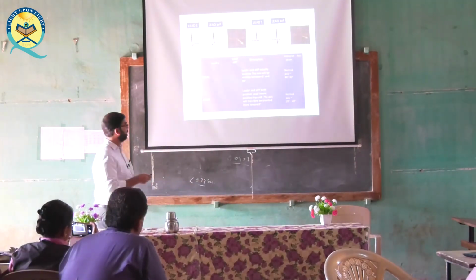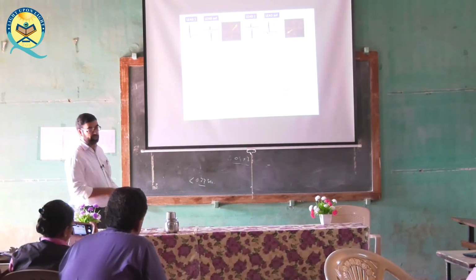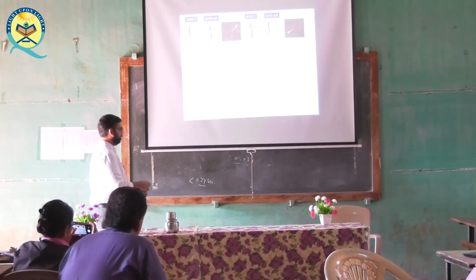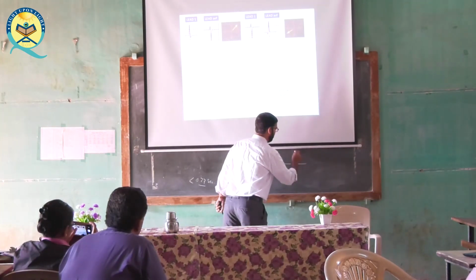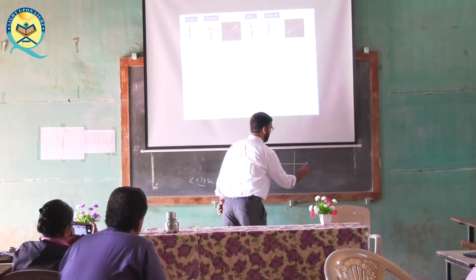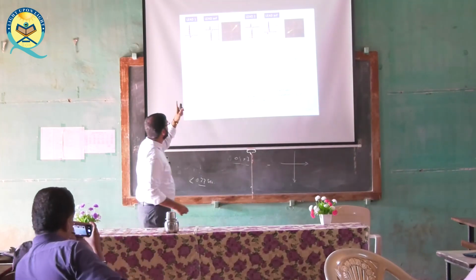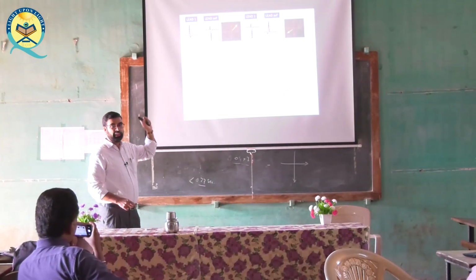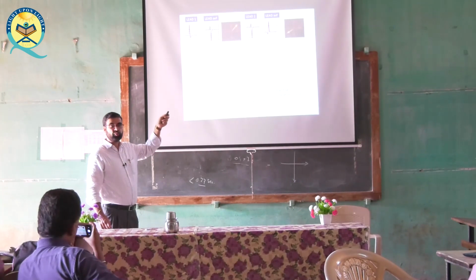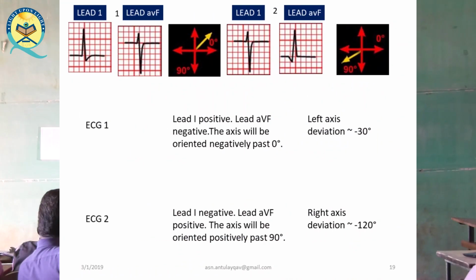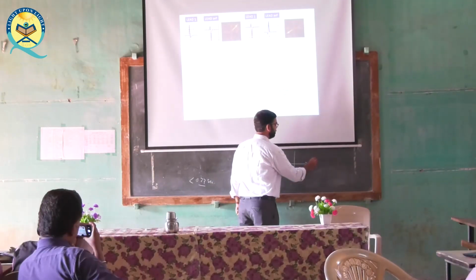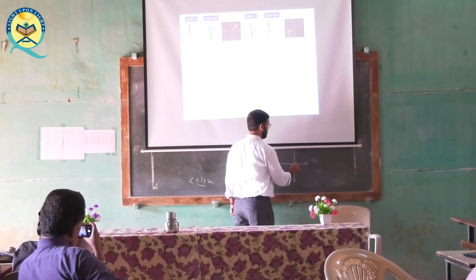Now next, see how it is given here. Now you should tell me okay, what will be the axis. This is 1, this is 2. How to plot? See, lead 1 has subtotal of the QRS complex. Tell me directly. 3 plus 2 is equal to +5 minus 1. +5 minus 1 is equal to +4. So you should plot +4 directly over here.